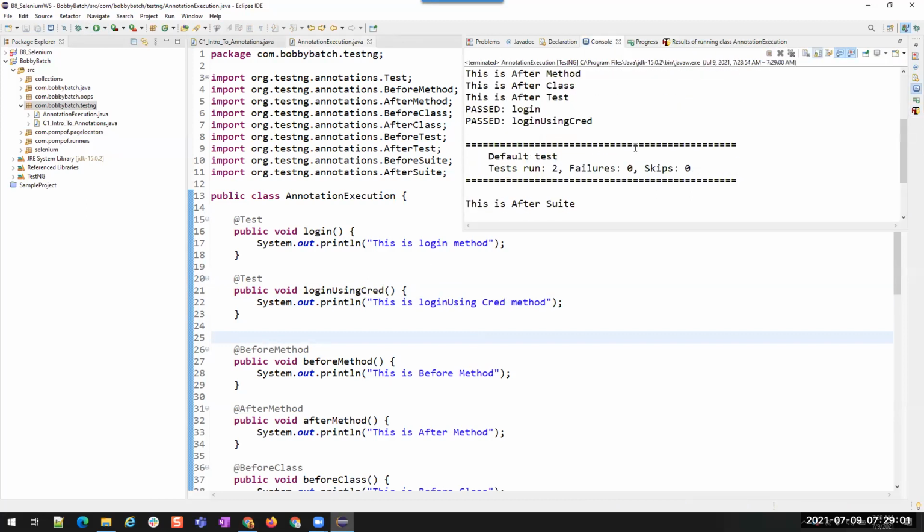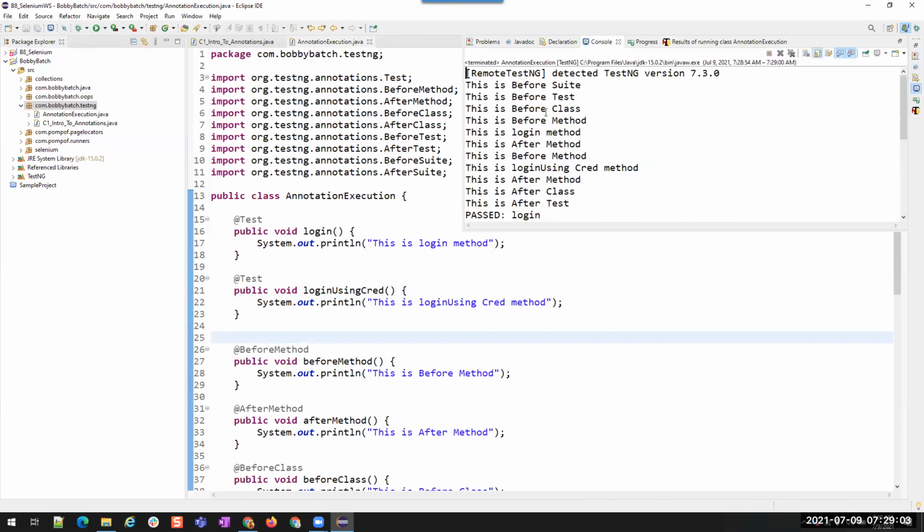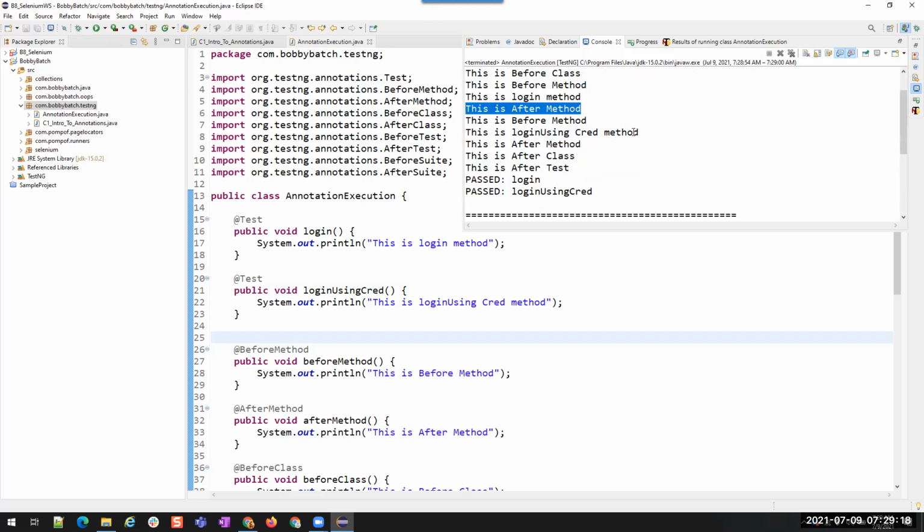All right, now let's go back. You see the execution order: before suite is common, before test is common, before class is common. But just before the login method, you have the before method, and then after login, you have the after method. And again, you have the login using thread method, but before that, you have again a before method, and then after the test, you have the after method.